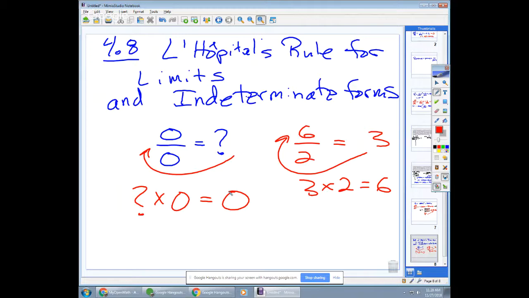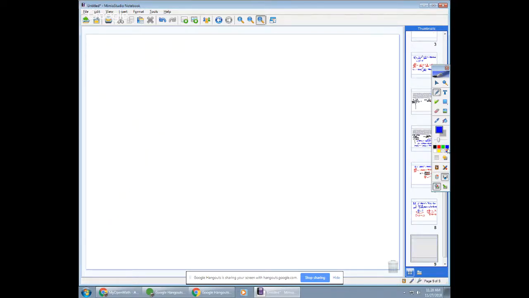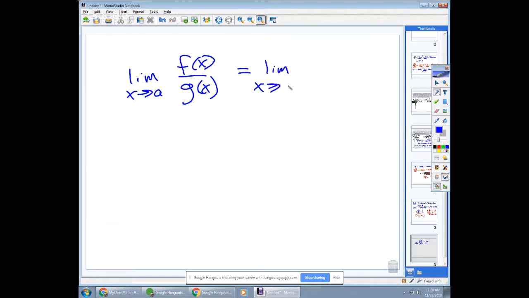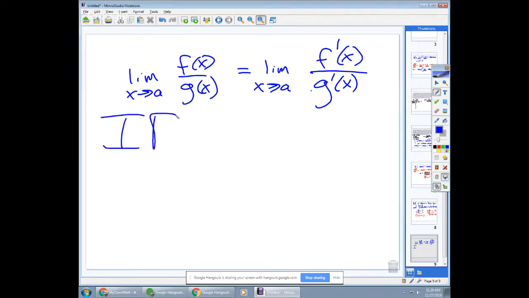So we played around with this in week 1, so we're coming back to it with a new technique. The new technique that L'Hôpital came up with was he noticed that when you're taking the limit of a quotient, let's say f of x divided by g of x, that limit happens to be equal to the limit as x goes to a of f prime of x divided by g prime of x. That the limit of the quotient of two functions is equal to the limit of the quotient of their derivatives if, and this is a huge if,